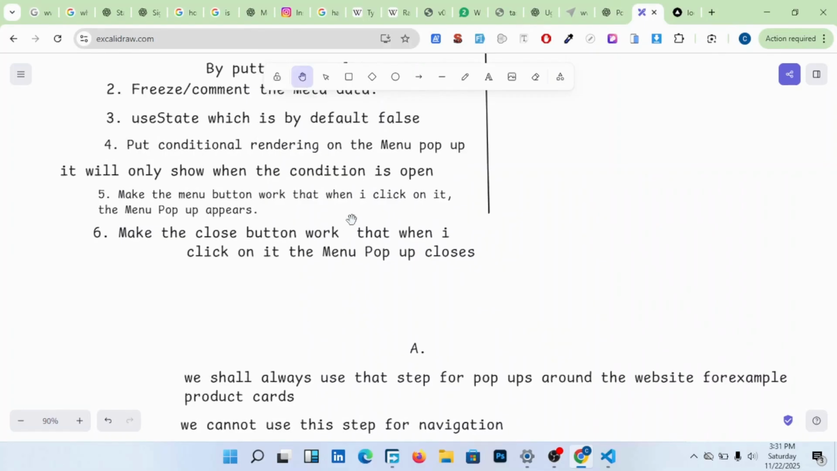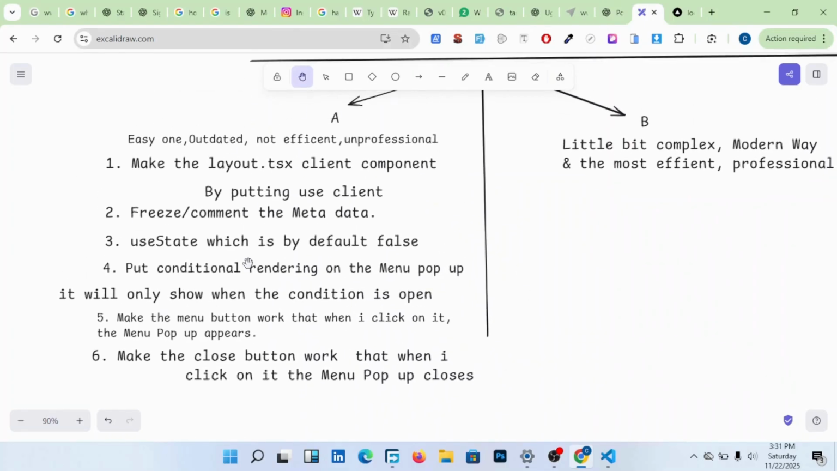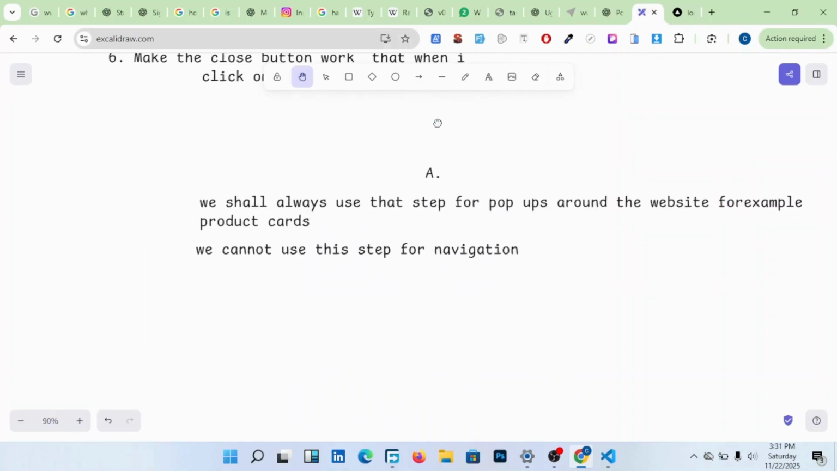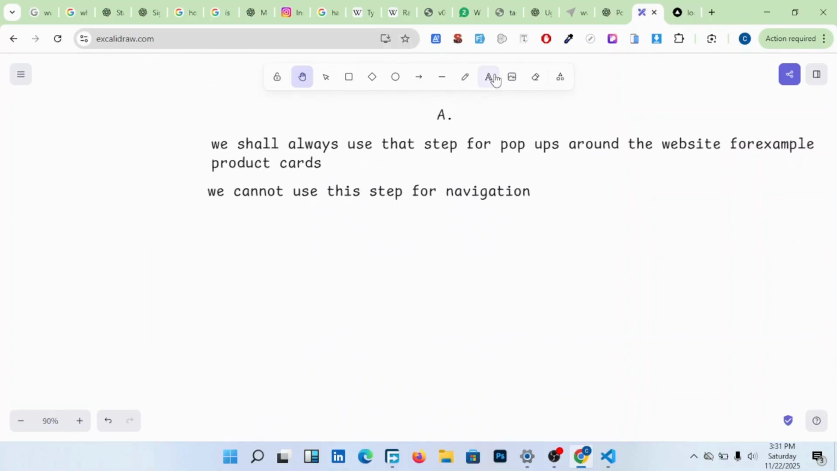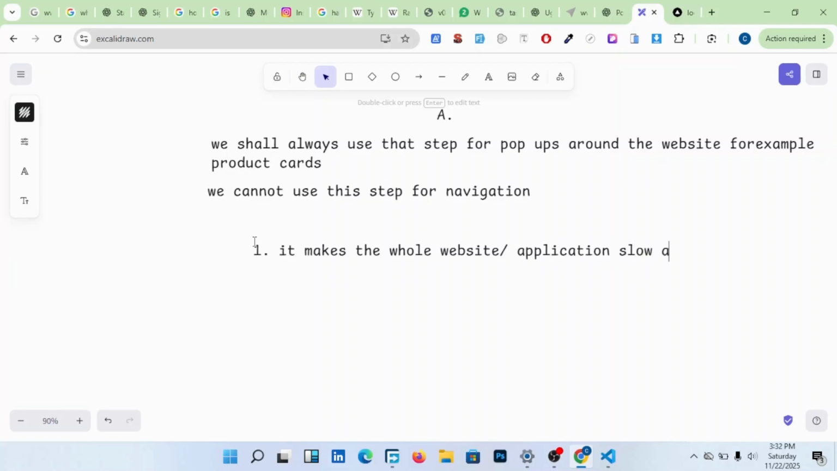remember this step here is very dangerous, okay? It is very dangerous. Why do I say it's very dangerous? One, it is slow and heavy. It makes the whole website, the whole application, slow and heavy. Two,